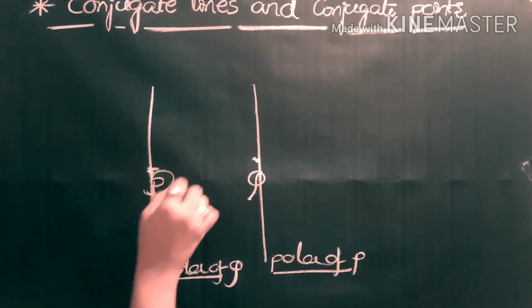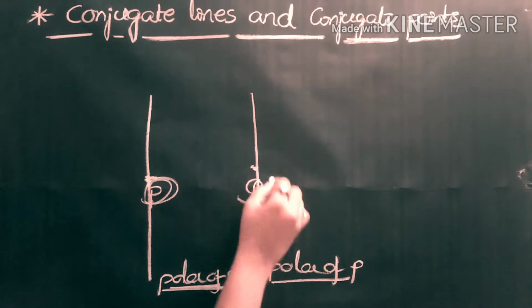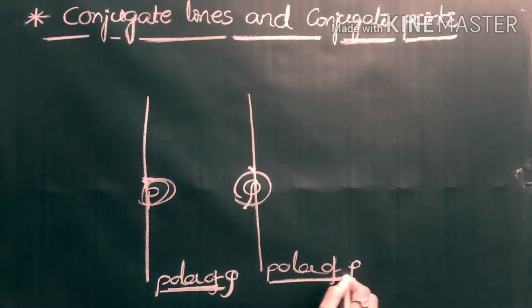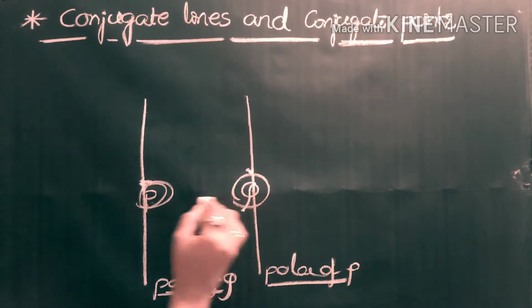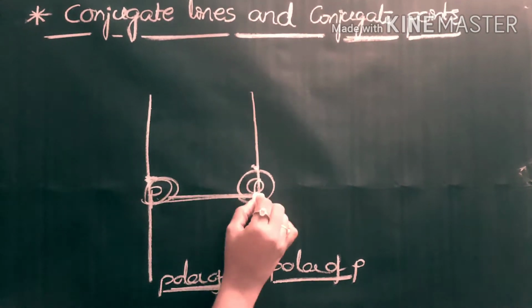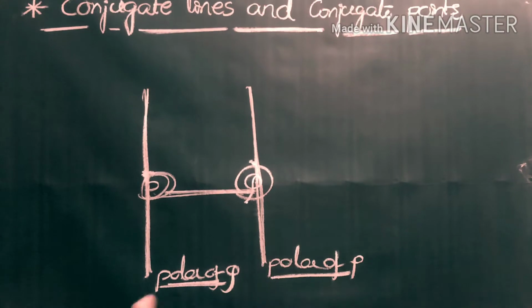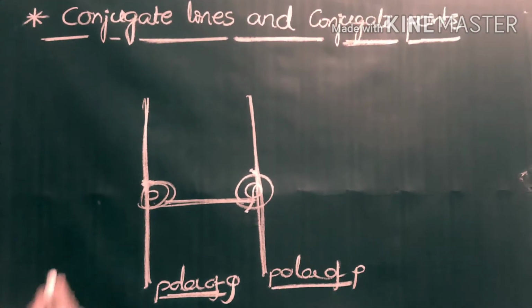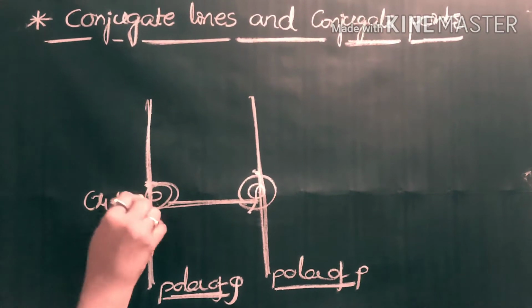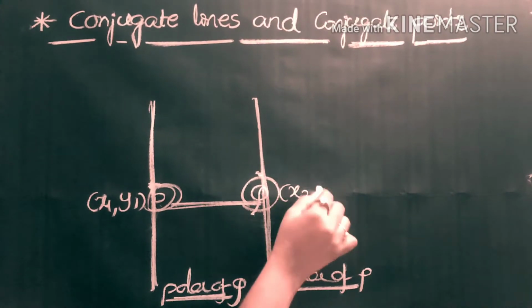That is, point P lies on the line polar of Q and the point Q lies on the line polar of P. Then the 2 points P comma Q are said to be the conjugate points, and these 2 lines are said to be the conjugate lines. Conjugate lines, conjugate points. For example, P is equal to x1 y1 and Q is equal to x2 y2 are